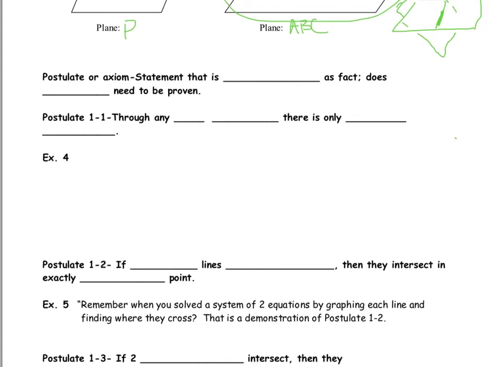They're extremely important. Basically those are statements that are accepted as fact and you do not need to prove them. They're actually the foundation of your proofs. You've got to start somewhere, and that's where you start. So it is accepted